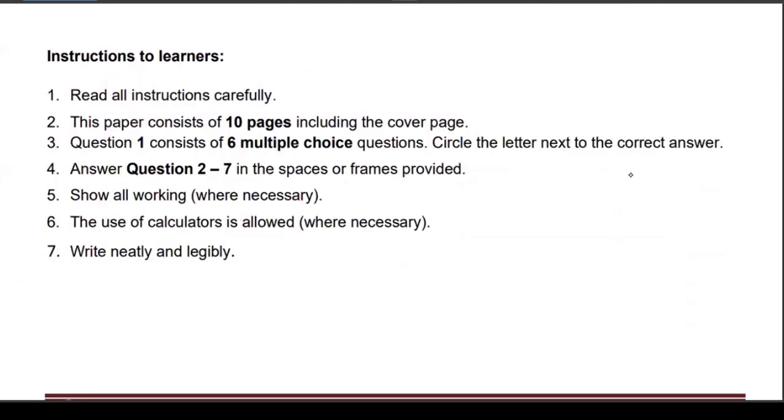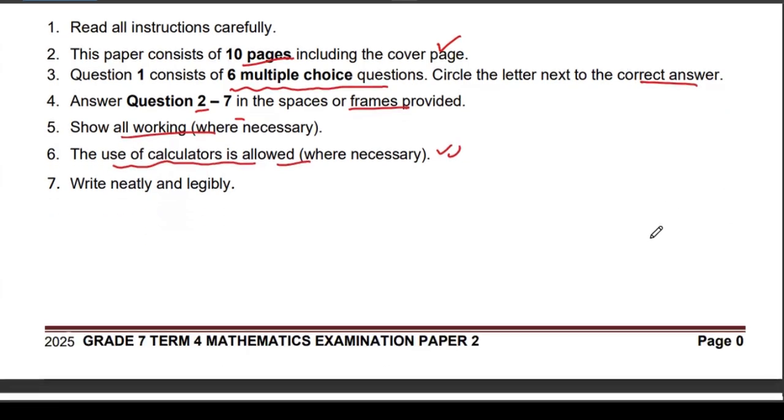Instructions, read all the instructions carefully. We have 10 pages, including the cover page. We have 6 MCQs. Circle the letter next to the correct answer. Then 2 to 7, we must use the spaces, show all the workings. The use of the calculator is allowed. Good. Write neatly and legibly. All right, question number